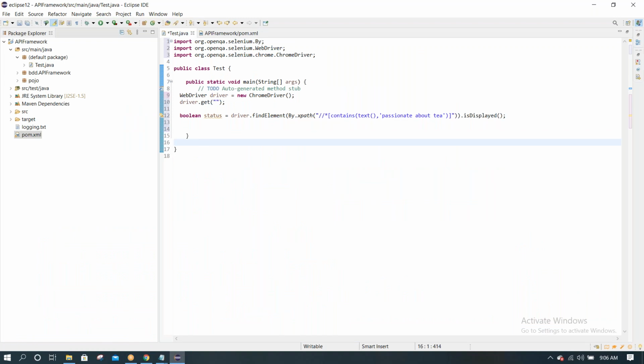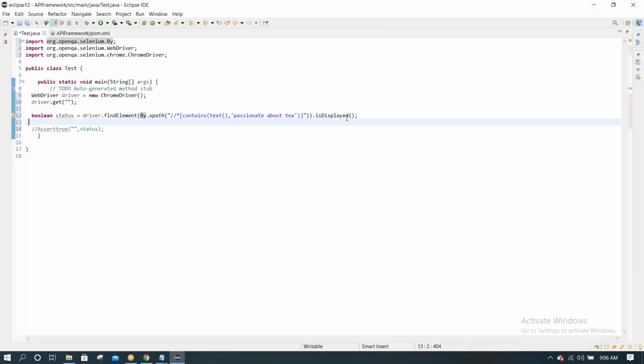Here, with the comments, I will write assert true, and message comma status. After navigating to the welcome link, it will verify whether the element is displayed or not.